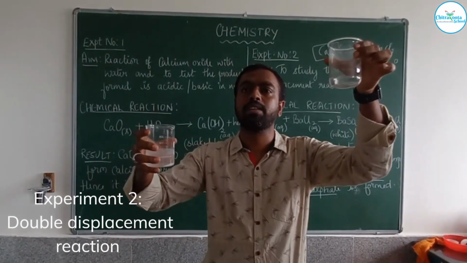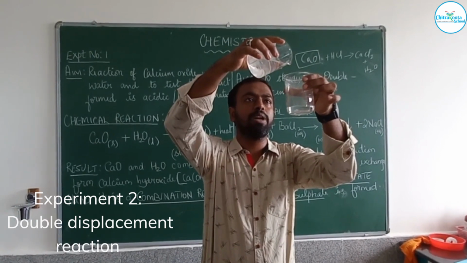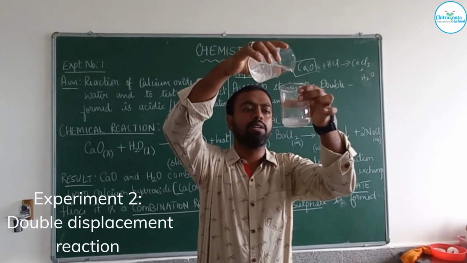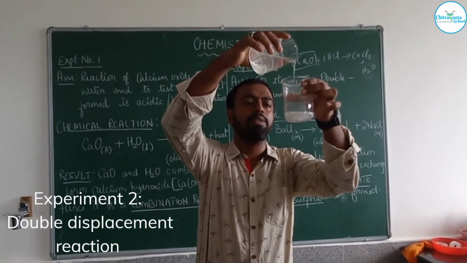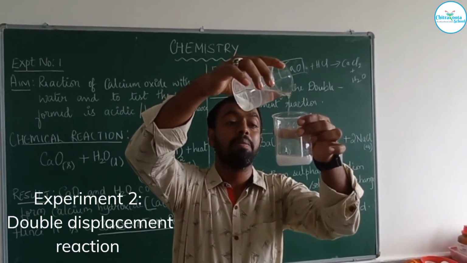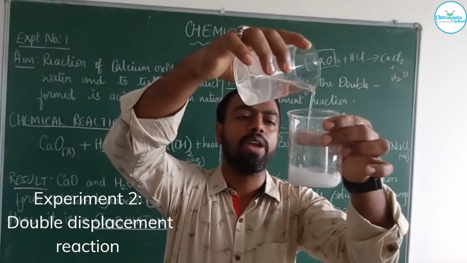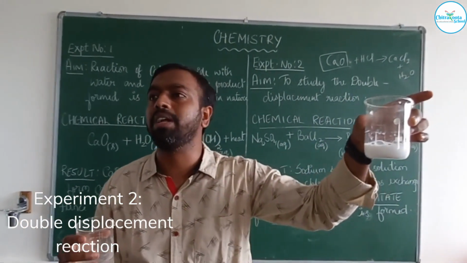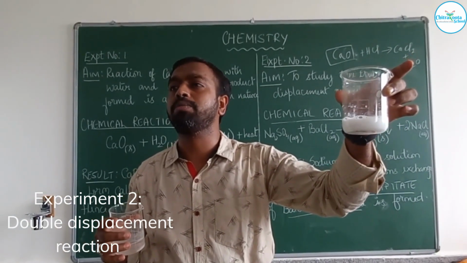Can all of you see this? Yes. Right? Okay. I will try to add drop by drop. See the color change. Formation of precipitate, can you see the white color precipitate? Yes. Right? Completely transparent liquid is converting into something. Can you tell me the product? What is the white color precipitate? Is it barium chloride or barium sulfate? Barium sulfate. Okay. So you can see the color change. Transparent liquid has completely converted into a white color solution. Right? If I allow this liquid to settle down,